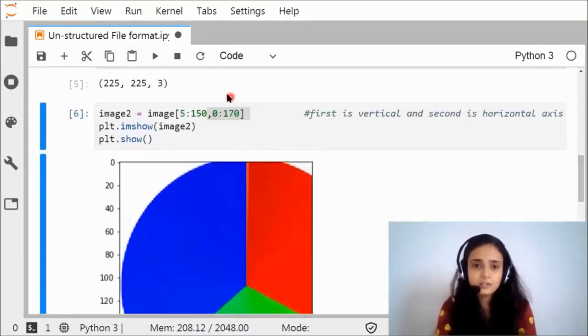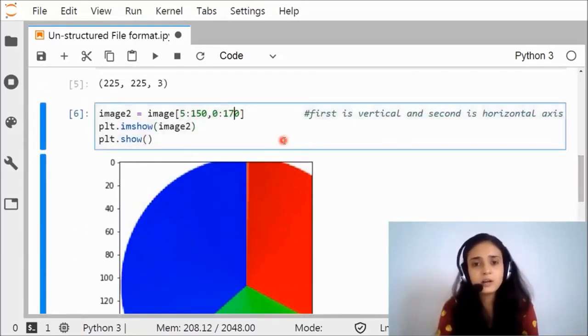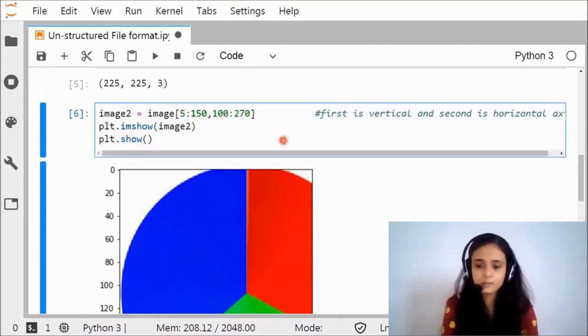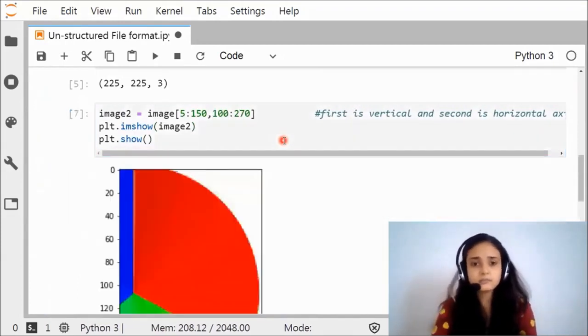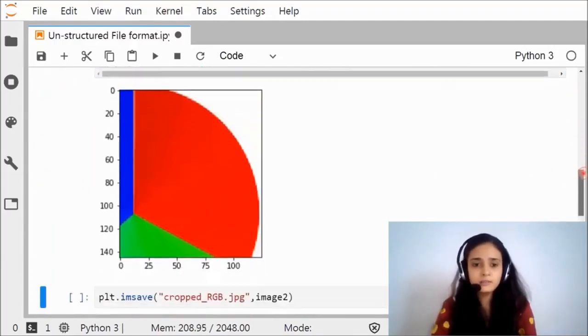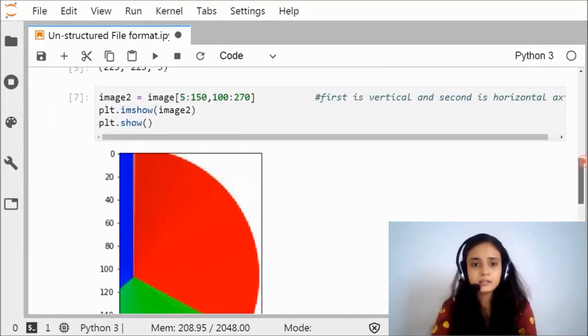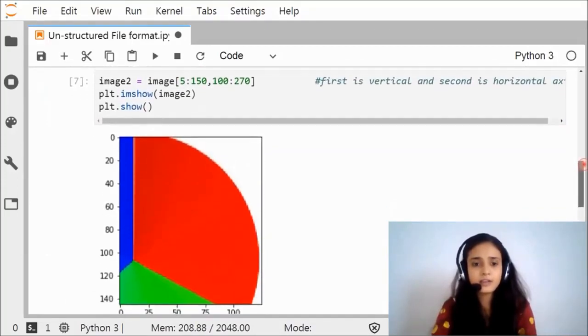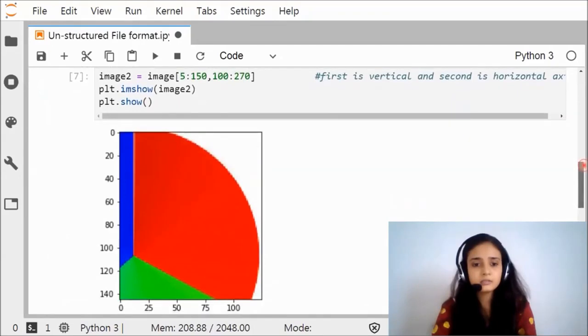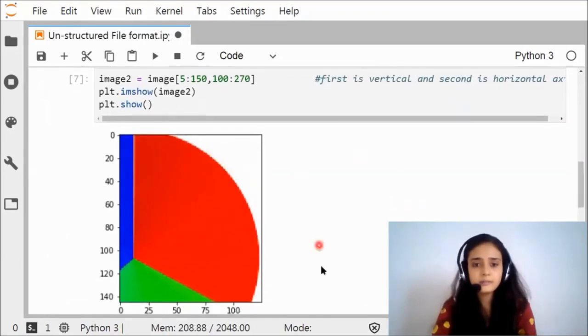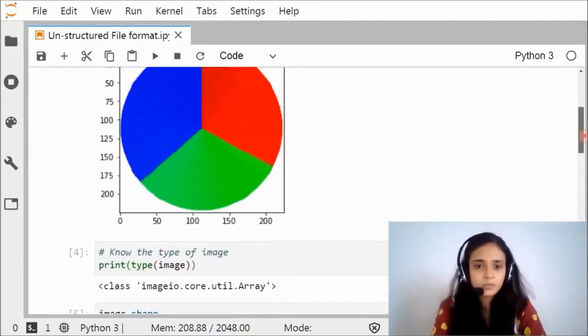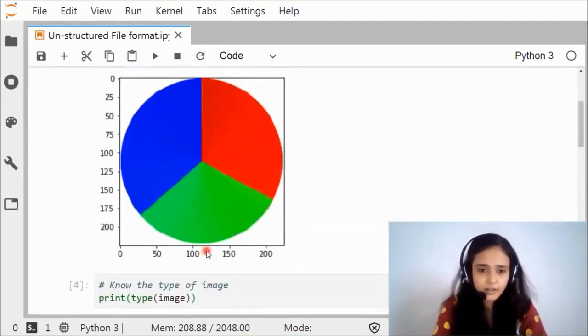So let's change these arguments. Now instead of 170, I want 270 over here, and it starts from 100. So let's run this code. Then you can see it ends at 270. Let's see above that it starts from 100 like this.